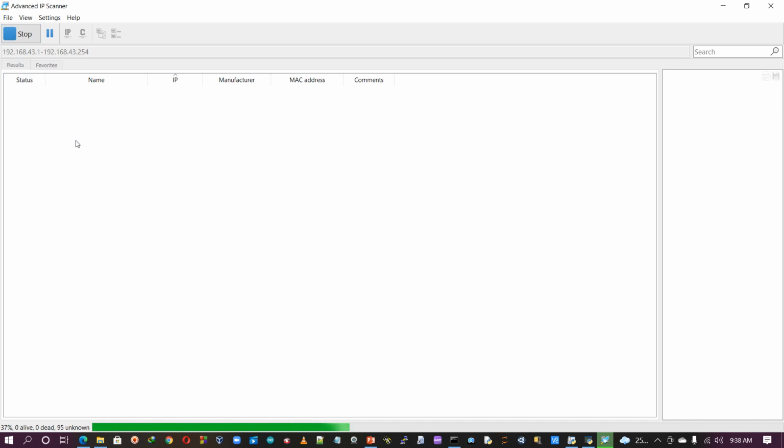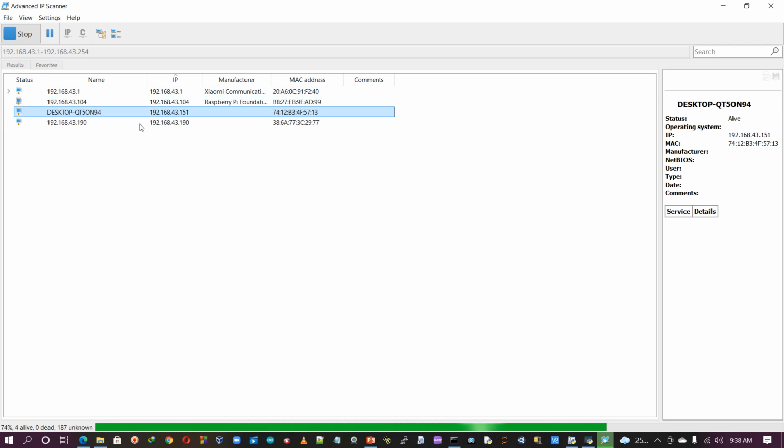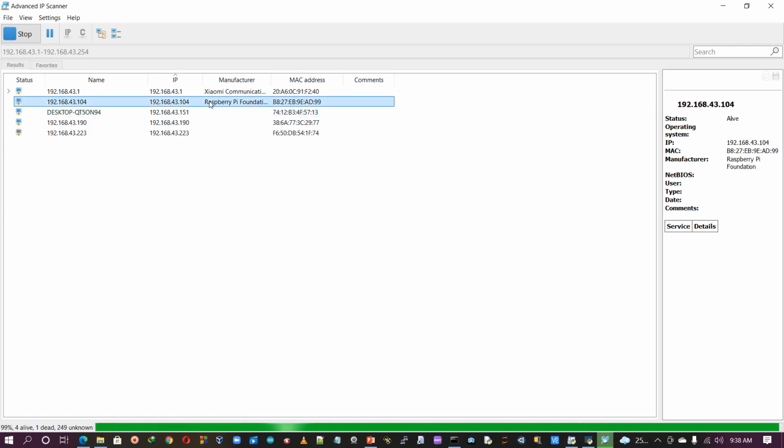It is taking some time because it has to scan each and every address. So one I got, two I got, just wait. Definitely I will get the IP assigned to the Raspberry Pi. Yes, this one, the second one, I got it.